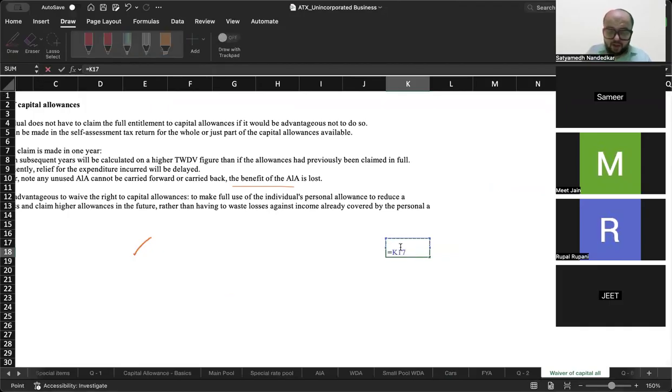Now, if you calculate written down allowance or anything at the rate of 18%, then this 18% will be subtracted and it will increase the amount of tax loss. Then that tax loss has to be carried forward, then claimed again. A lot of other problems are there. So a business entity could decide not to claim capital allowances at all in a particular year. Then in that particular year you will not get any capital allowance. So your TWDV will not reduce, and in the next year you can claim.